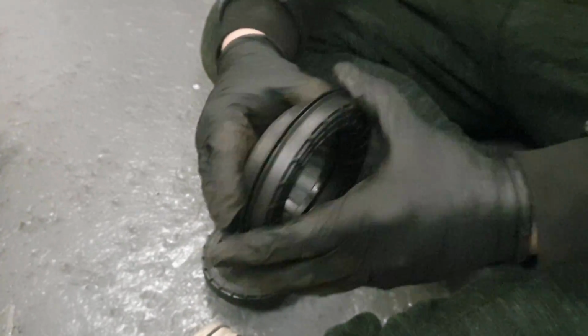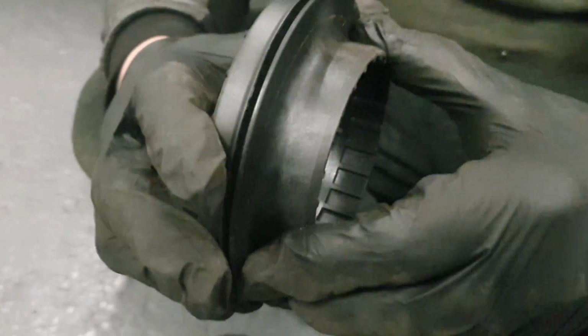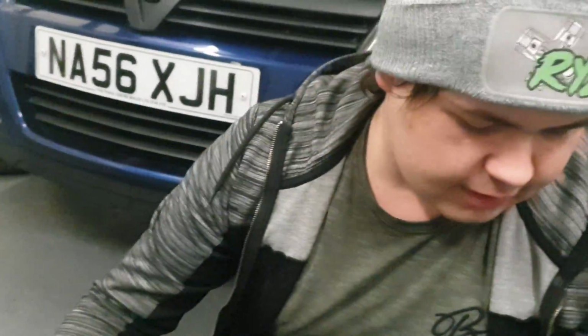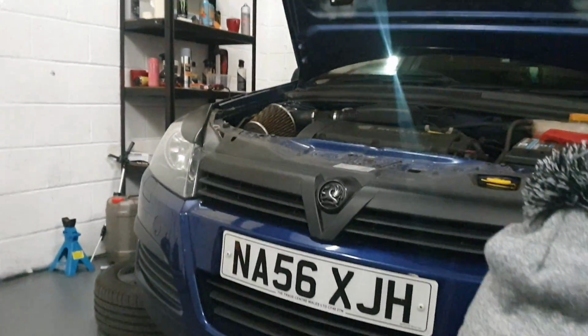New one. Old one. New one. Old one. New one. Put this all back together now. Jack's going to have some fun. I'm going to take this whole one to bits first, and then we're going to put this all back together and then put it back on the...